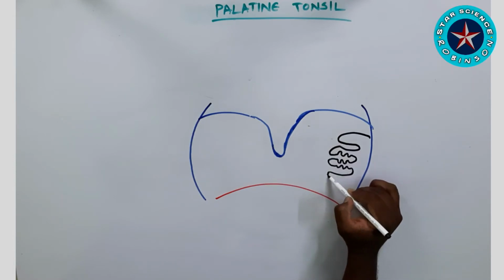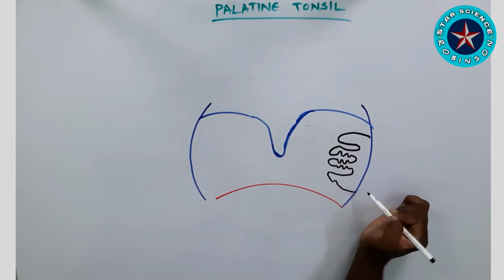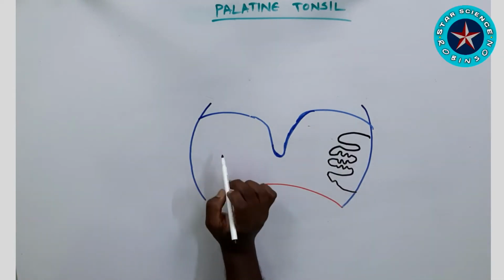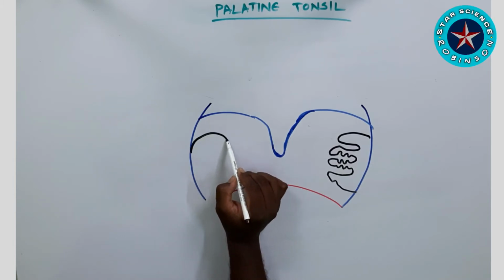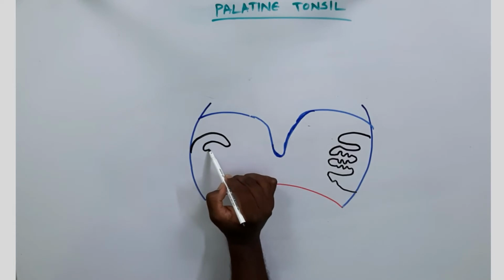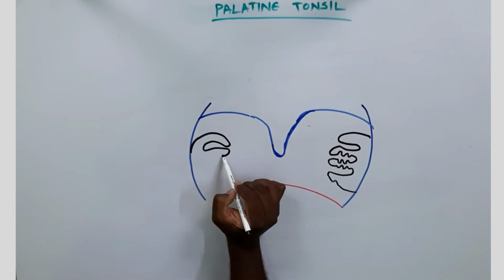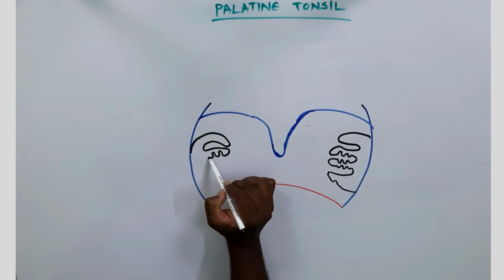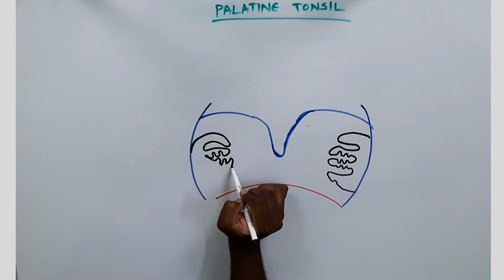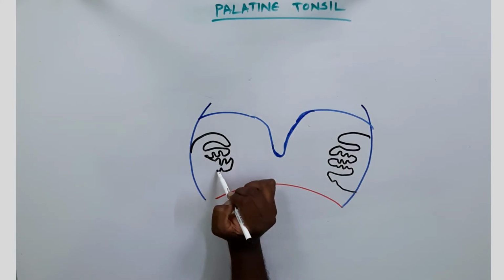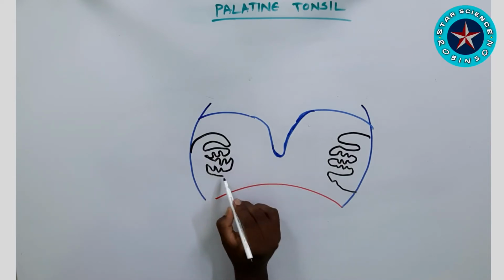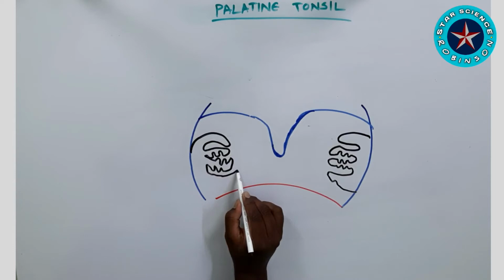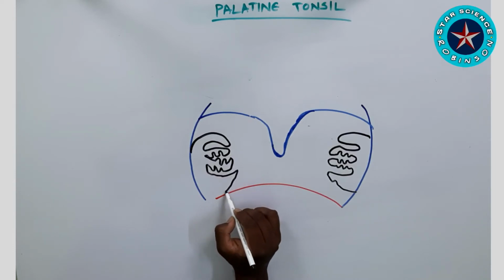From the pharyngeal side, they are covered with a stratified squamous epithelium, whereas a fibrous capsule links them to the wall of the pharynx. Now, in the palatine tonsil, as I'm drawing right now, you can see I have already drawn the left side. Right now I'm drawing the palatine tonsil of the right side. Here I want to give clear information. When I'm drawing the diagram of the palatine tonsils, you can see a passage in between.